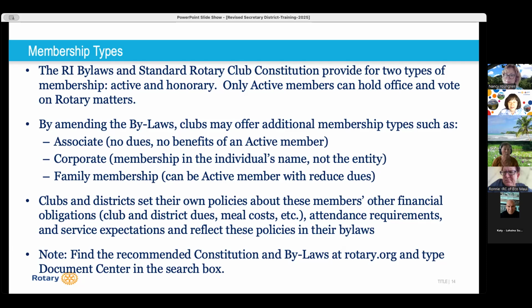You could have a young professional or young member category where their dues are less if they're up to 30 or 35 years old. One of our clubs has a Zoom membership. As long as they don't come to the meetings, they're just on Zoom, they pay reduced membership dues because their venue has extra expenses, and so people who come to the meetings have to pay a little bit more. So you can be creative.